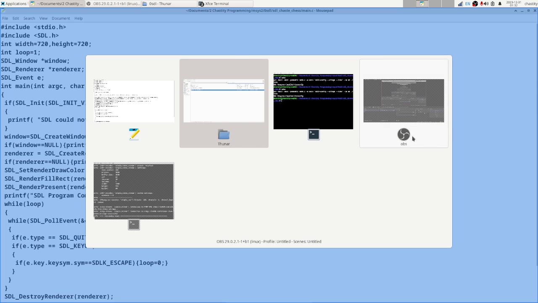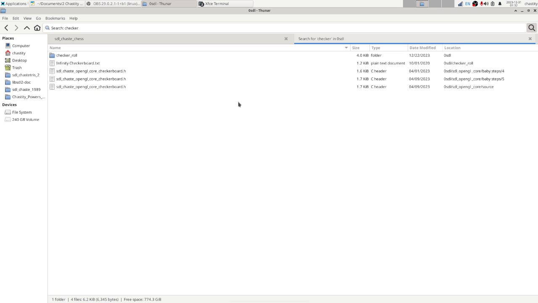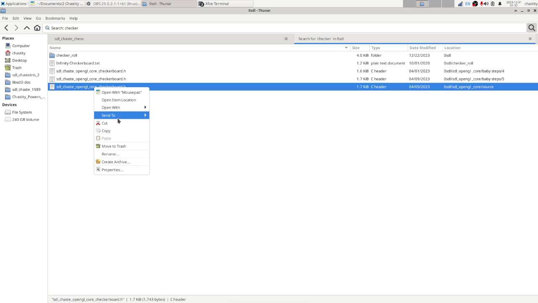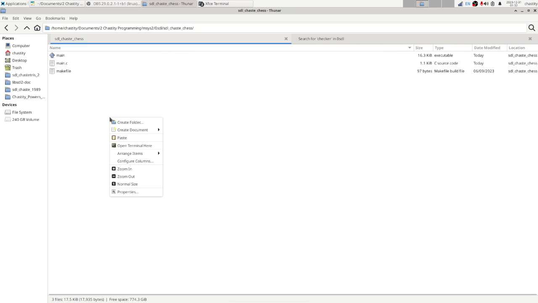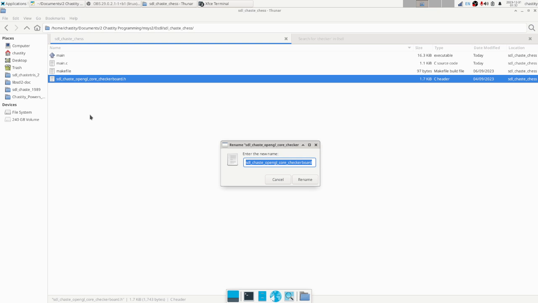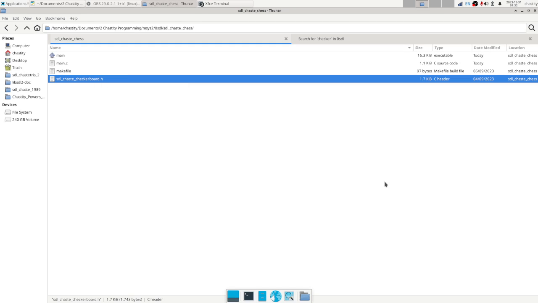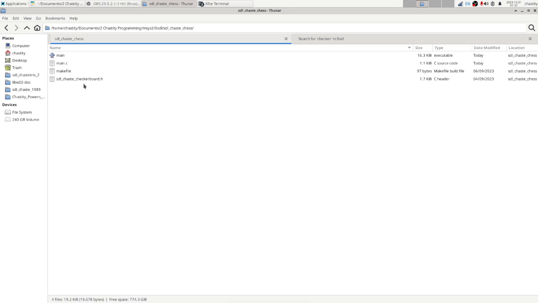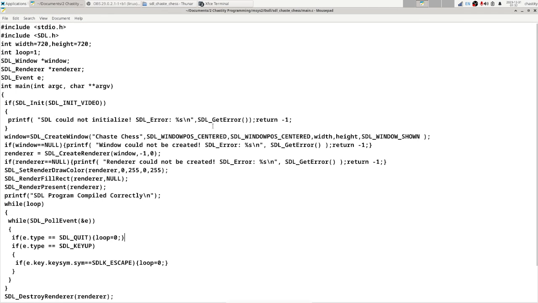Okay, so now we're going to copy this example. We're going to have a header file, SDL chaste checkerboard, or Chastity's checkerboard. We're going to make this very basic. So here's what we need to do. We're going to include